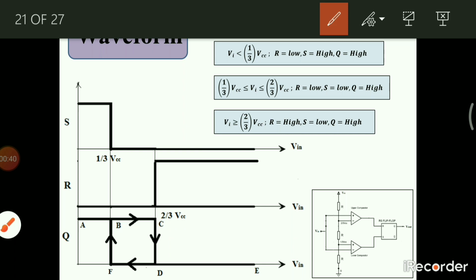So once we get this path, we could find out the time constant of a series and parallel RC circuit. If you know the value of tau, that is the time constant, and if you know the value of the resistor R, then we could easily find out the capacitance of the capacitor. So this is our objective, to find out the capacitor by using a comparator circuit.